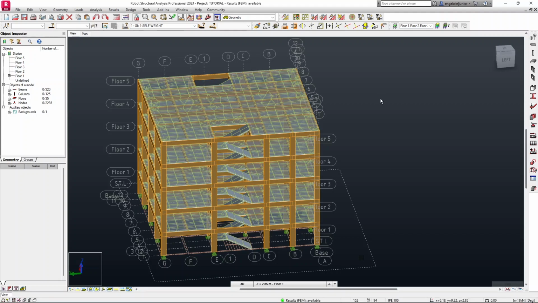So in the next lesson, we'll be looking at now how to just view the different results for the structural